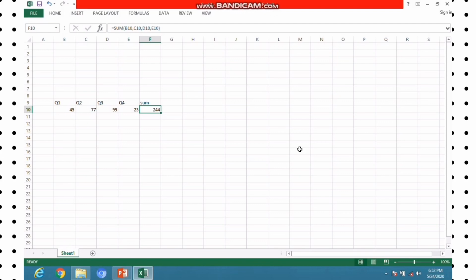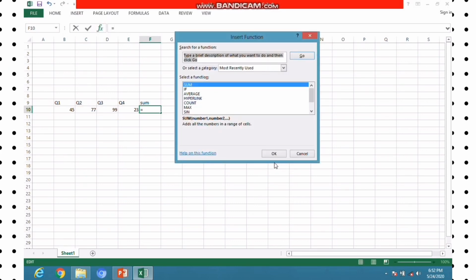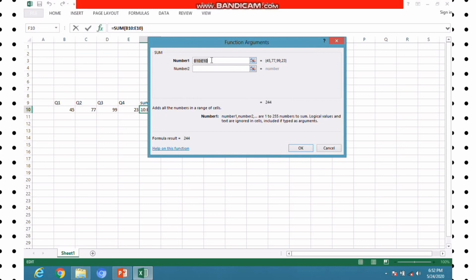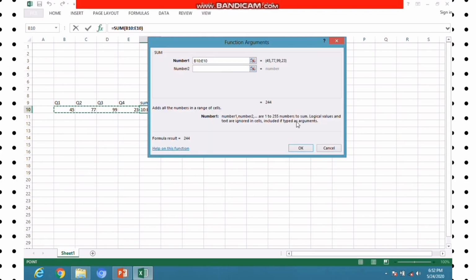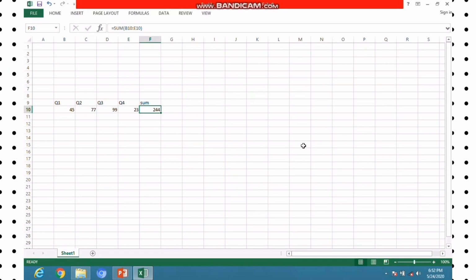You can select 4 values from our sheet and you will get the formula as you can see here. Now click on OK, and you will get the answer. You can also select the range of cells like this with the help of the mouse pointer and click on OK, and you will get the same answer.